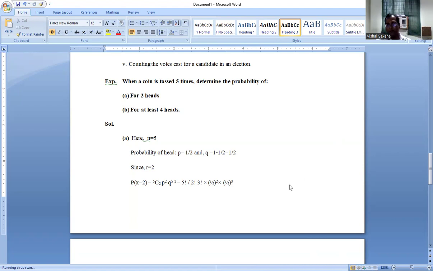In today's lecture we have discussed the binomial distribution, which is again a part of the discrete probability distribution. This topic is a very important part of mathematics, and here we have discussed the concepts of probability distribution. So with this, I am concluding my today's lecture.